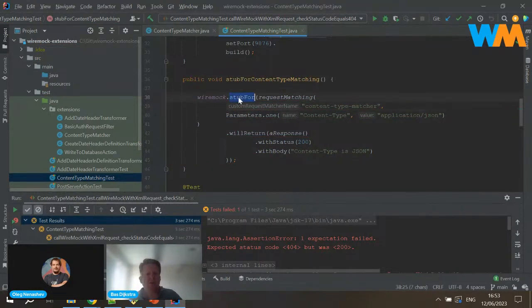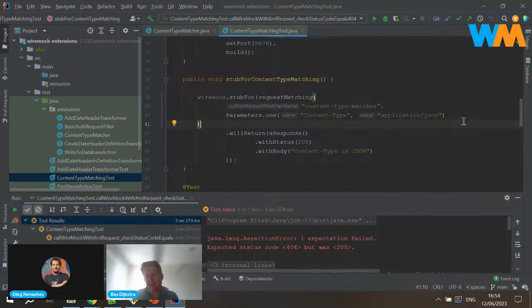But this is where you define it, and you could combine this with built-in matchers. So maybe you say, I also want to check on the HTTP method, for example, which I don't do here.